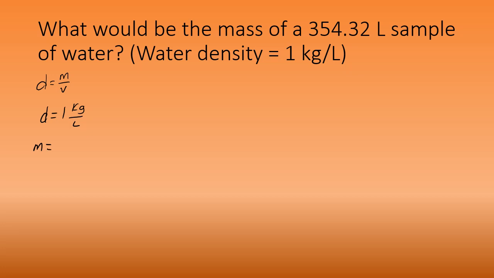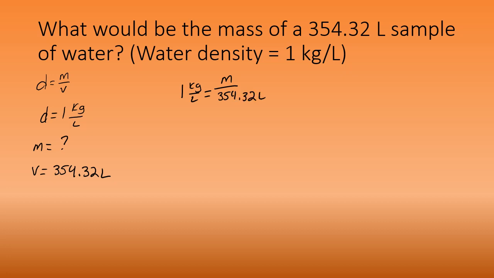A mass is what we are trying to determine, and a volume is given to us as 354.32 liters. So if we set up our formula with everything we know, 1 kilogram per liter is equal to some unknown mass divided by